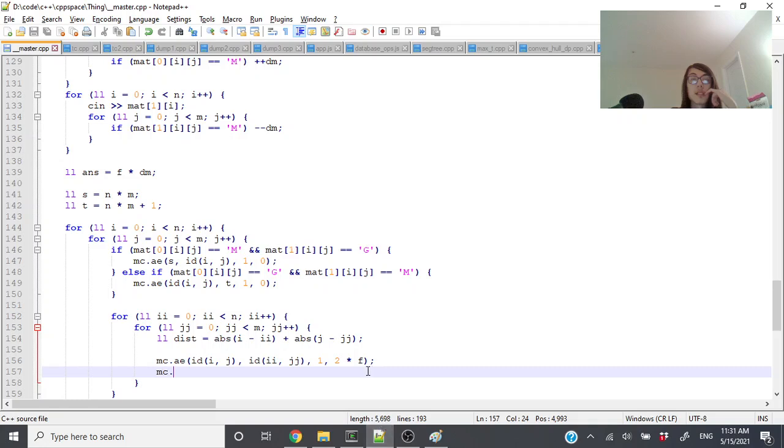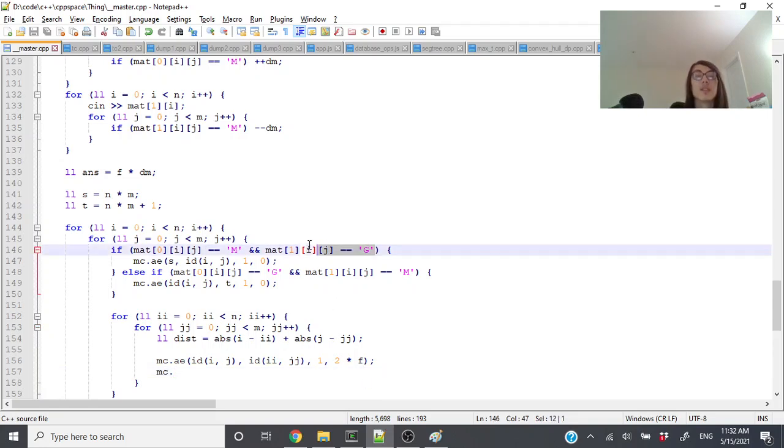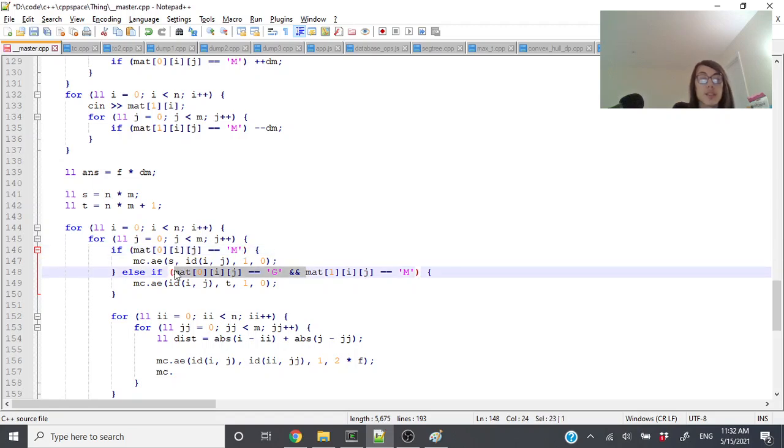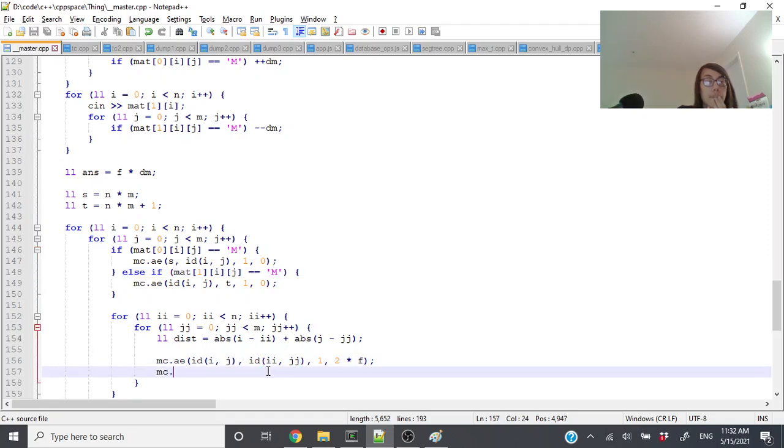Might also just be easier to not do that. Maybe we just don't make that assumption. I guess we don't really need to do that, do we? We just say, if this is filled, we send it flow. If this is not filled, we send it flow. And then sometimes both of them get flow. Yeah. So then if this is equal to 1,